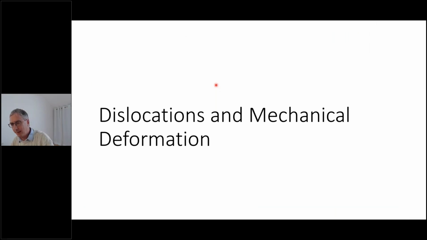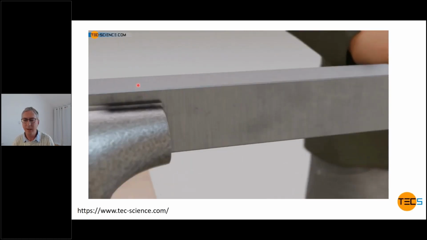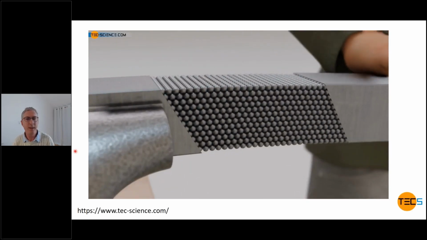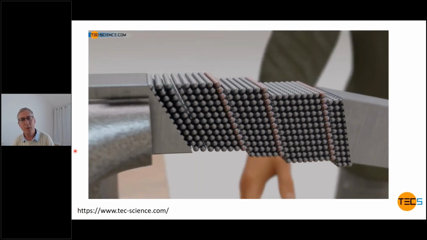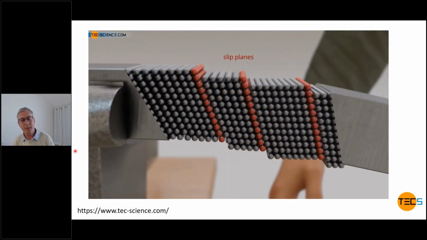So now a little diversion. That's the material that we're going to talk about. But I wanted to just, for those people who maybe it's a little while since you've seen this or you've not come across it before, explain the idea: what is a dislocation and what does it do and how is it involved in mechanical deformation. So I stole this video from Tech Science, which is excellent, showing the idea of if you mechanically deform the metal, if you twist the metal,